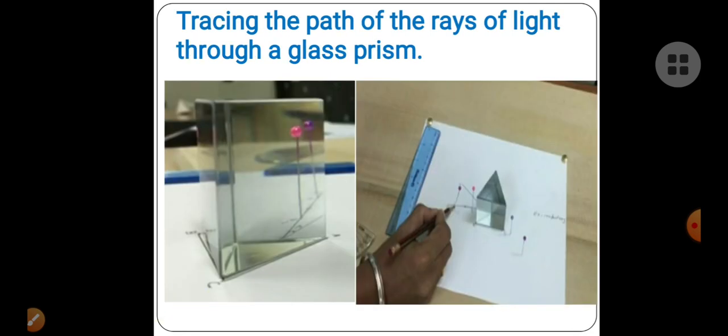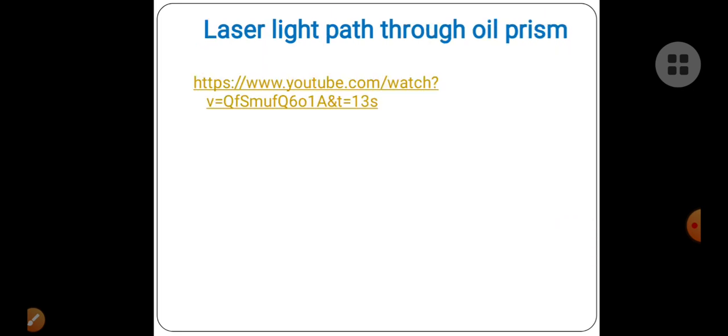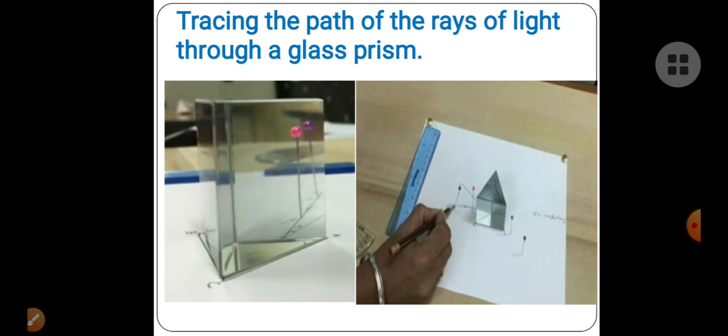Now, the actual practical which is included in our syllabus is this one. As you have made this prism at home, you can experience these activities also, but the practical which is in our syllabus is this one. You have taken this prism which is filled with water or salt water or any transparent oil like that, and then you can perform this practical. You fix 2 pins on one side and you see the images of these 2 pins on the other side, and mark the points and trace the rays of light.